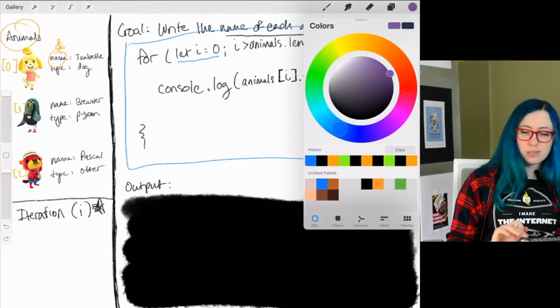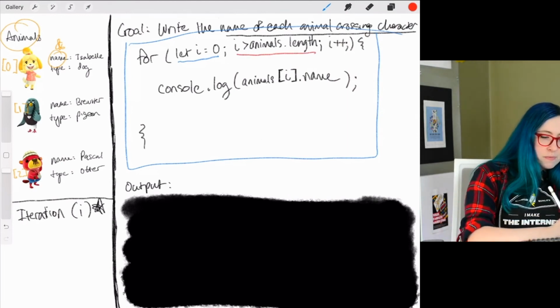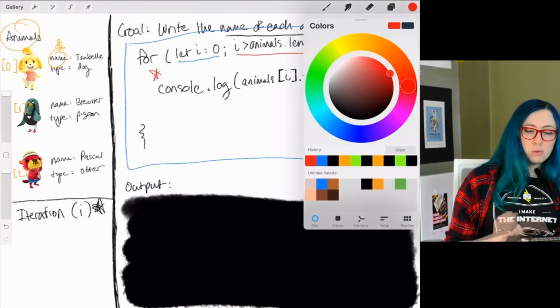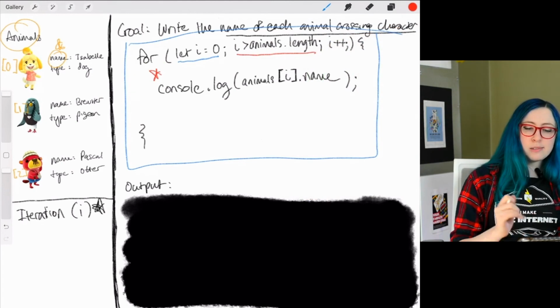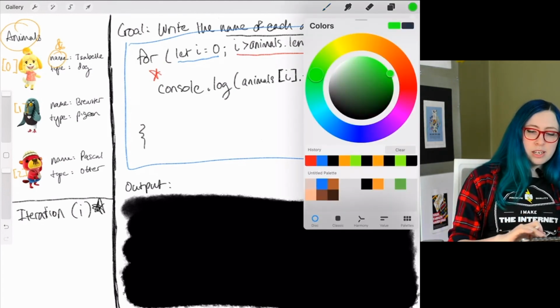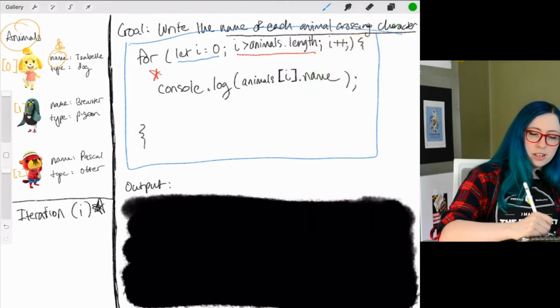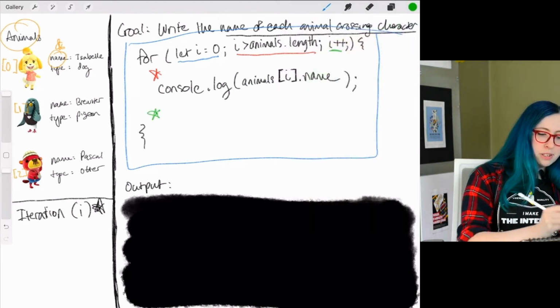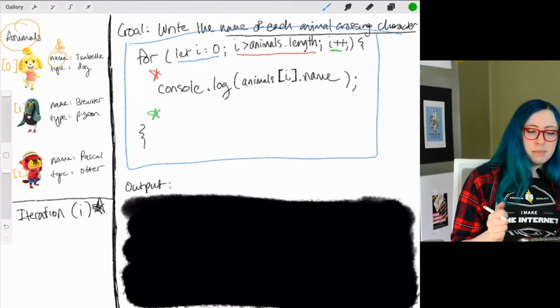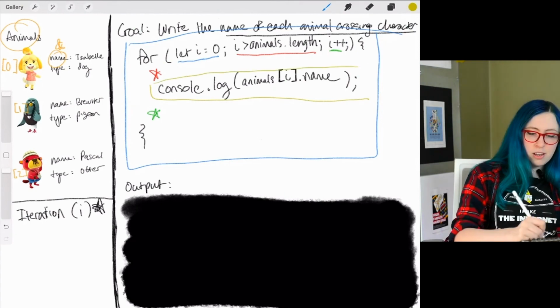Let's make this really clear by using a red here. We're going to check this condition at this point. And then we're going to work on this last piece, this I++, at the end. So when we know that we're good to go, let's use a nice dark green here. We'll do an I++, and that will happen here. And in the meantime, in the middle, we will run our console.log statement out to the log.